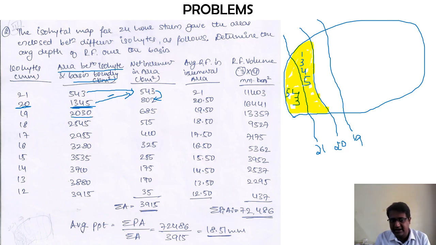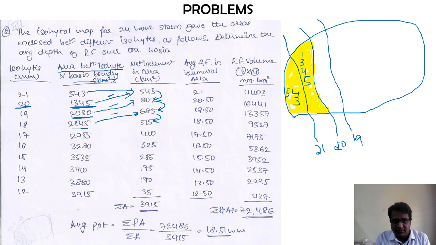Now similarly, for the next column, 2030 minus 802 will come as 685,